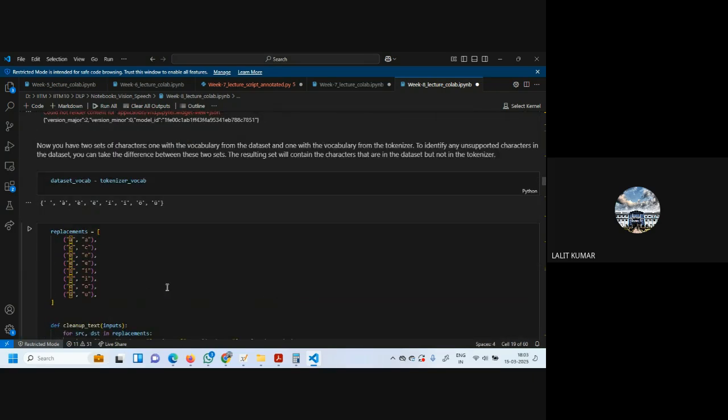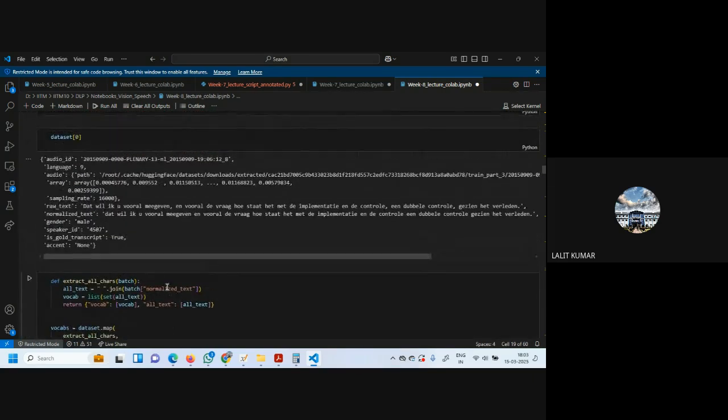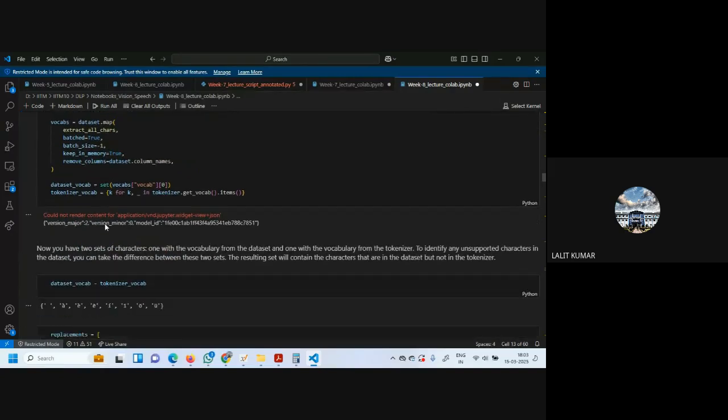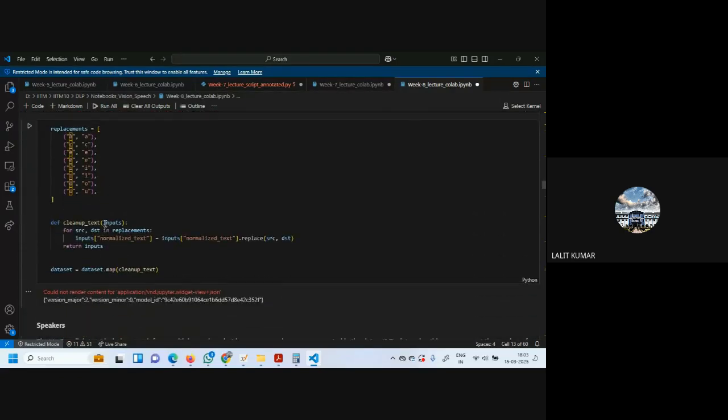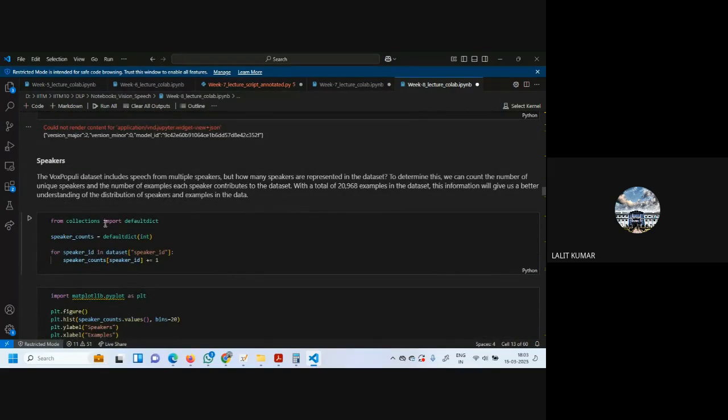Here the speaker ID is there when we see the dataset. We are fetching from here, and by using unique or value counts, we can find out how many speakers there are. So from here we get the speaker ID.